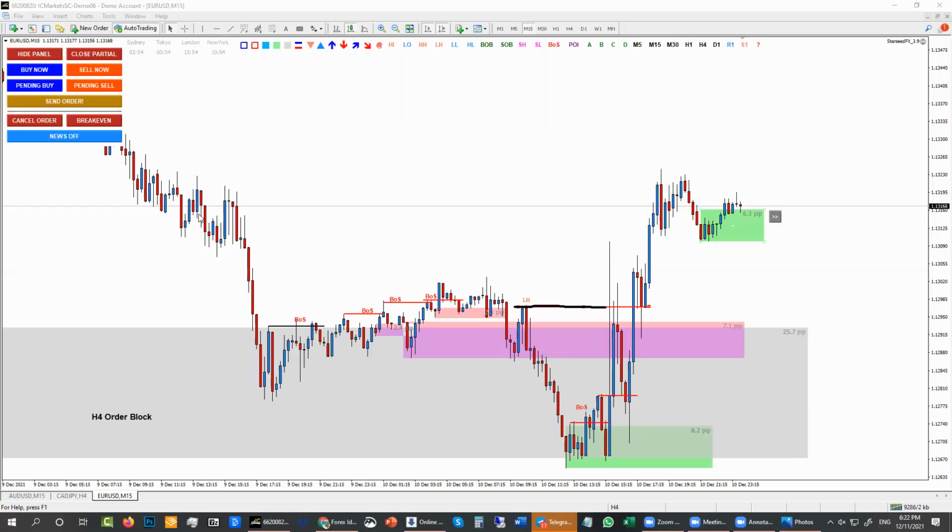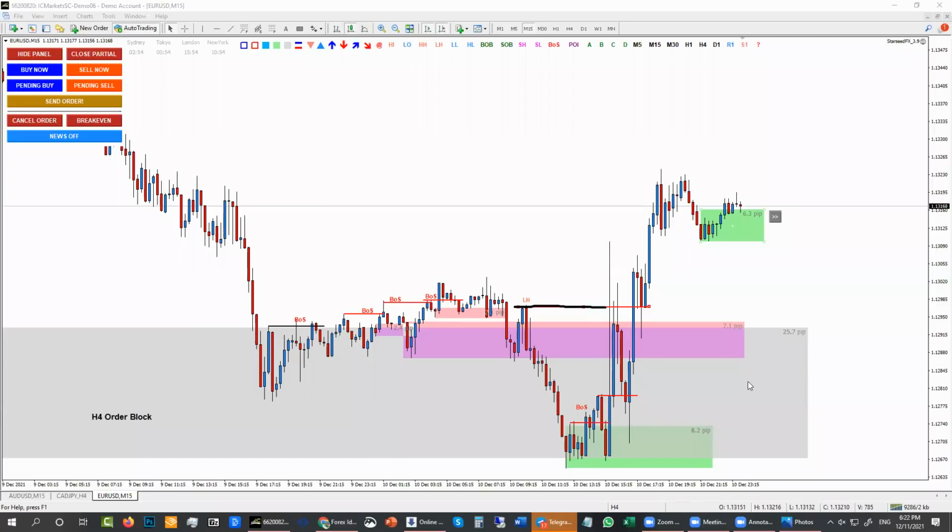When sometimes the price pierces through an H4 order block and then comes back again, is it considered violated? Yes, you still can trade it. Look, sometimes the price goes down, right? Like this one going down. Sometimes it goes a lot lower and then comes back here. Again, you just follow the rule, break of structure, and then it goes up your way.